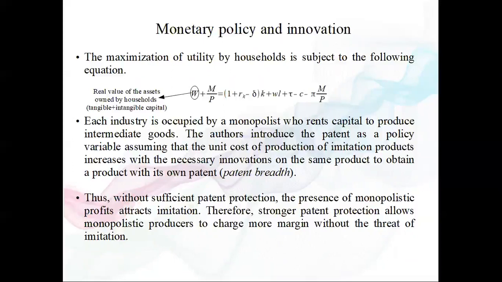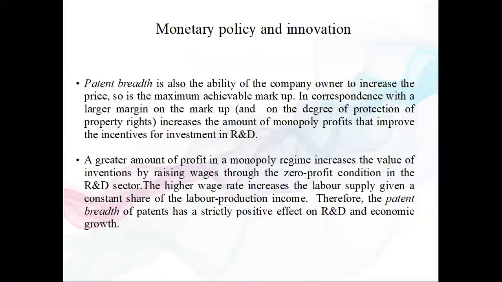That is the legal definition of patent breadth. Thus, without sufficient patent protection, the presence of monopolistic profit attracts imitation. Conversely, stronger patent protection allows the monopolistic producer to charge more margin without the threat of imitation. In this case, patent breadth is also the ability of the company to increase prices, so it is the maximum achievable markup. With a larger margin on the markup, increasing the amount of monopoly profit can improve the incentive